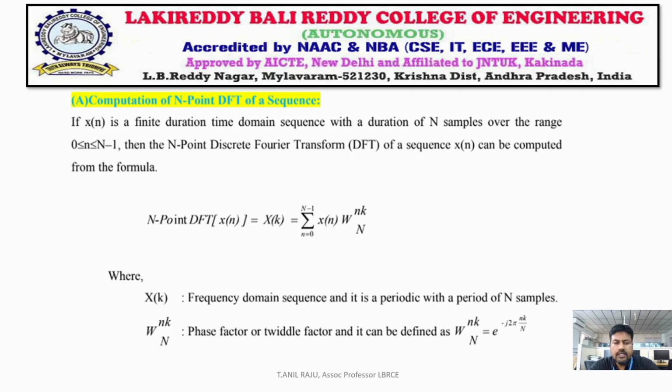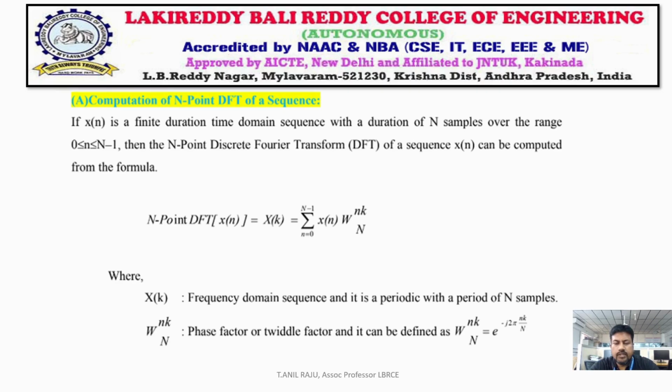So, coming to the explanation of W nk with suffix N. In every equation we come across this complex term. Writing e power minus j 2 pi nk by capital N every time is tedious and very difficult. So, to make the equation simple, we represent that complex sinusoidal signal e power minus j 2 pi kn divided by capital N with a general notation called the Twiddle factor. So, we can see here